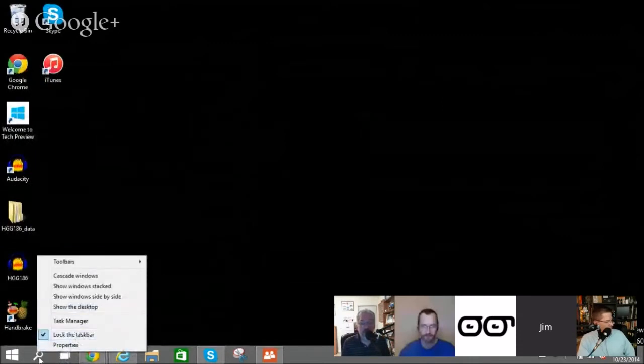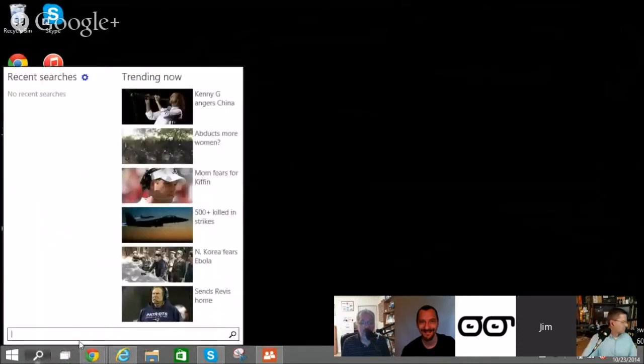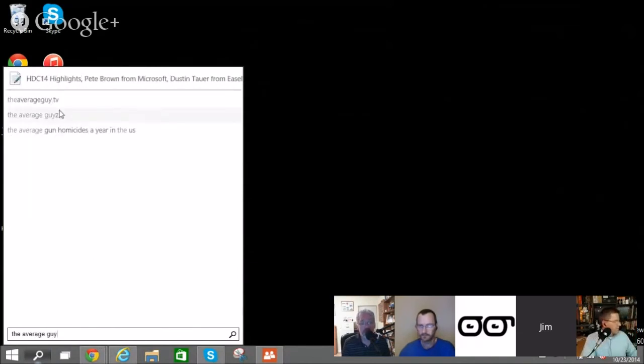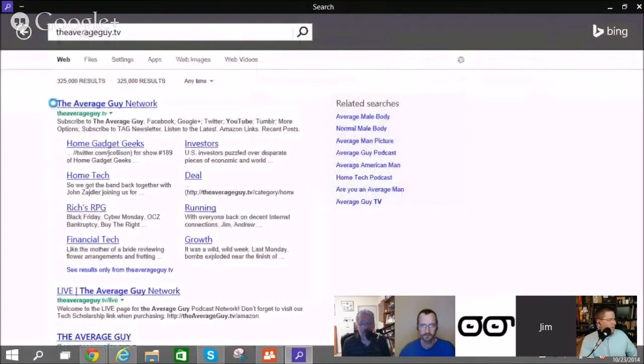Now that search is interesting because, as you might know, in Windows 8 and 8.1 there was a built-in system search added. This is the same thing. It does a system search and an internet search. So you're actually not in modern IE here. You're simply in the search app, which is basically rendering in an IE window.